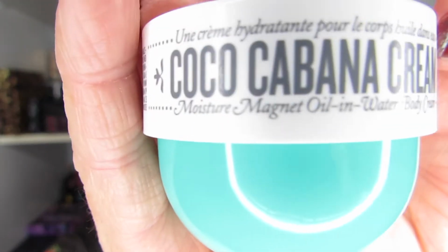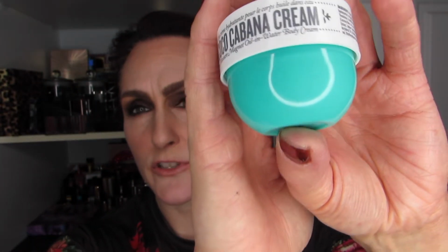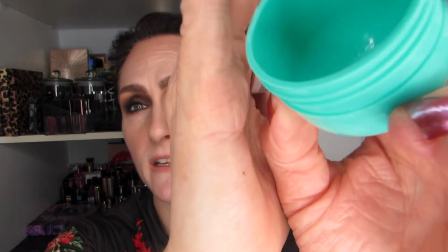The next item is going to be the first item in skincare, and I'm going to consider a body butter or a body gel as a skincare item. And this is the Coco Cabana item, or the small. Now this was a 100-point perk that a friend of mine, Chelsea, decided to hand over to me. As you can see, I finished it completely, and so I don't consider it a sample because it was not given to someone for use. It was actually a purchase in a way with points, and I